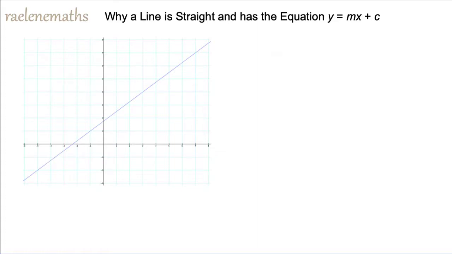Why is a line straight, and why does it have the equation y equals mx plus c? Let's consider this line that passes through lots of points, but I'm going to use these 2 points, which are easy to read from the graph, and drop a vertical line down and a horizontal line across until they intersect at a right angle. I've now made a right triangle that has an altitude or height of 3 and a base of 4. It also has been inclined a certain amount from the base to the slant or diagonal hypotenuse